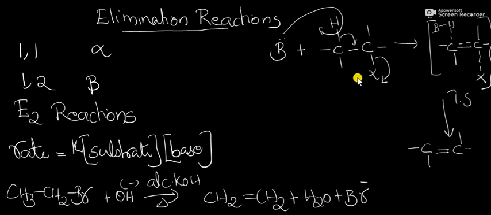Then consider the mechanism of E2 reaction. It is a single step reaction, that is through the simultaneous occurrence of transition state, and there is no intermediate formed. This is the mechanism. When the base attacks the alkyl halide, it abstracts hydrogen from beta position. This is alpha, this is beta. Then this bond shifts to this carbon and halogen gets eliminated.